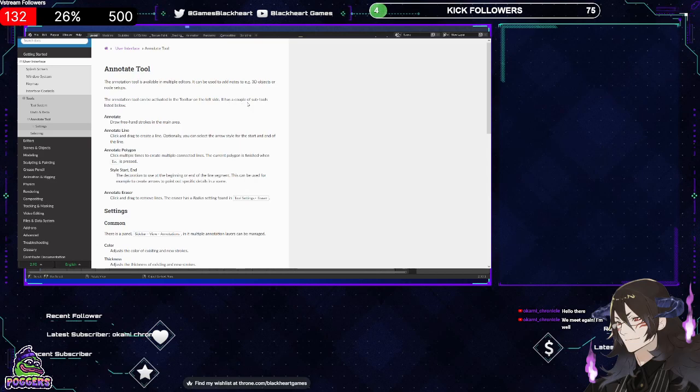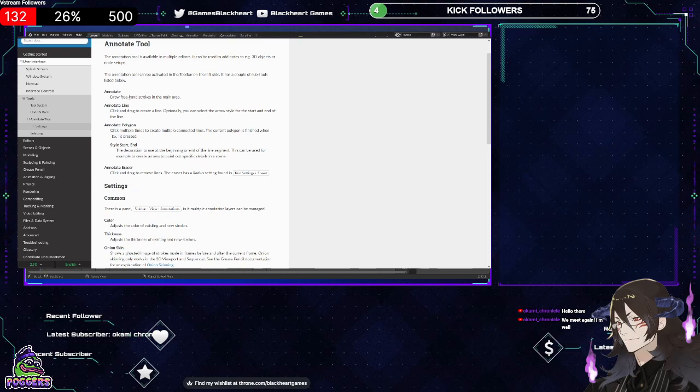It has a couple of subtools listed below. Annotate draws a freehand stroke in the main area. Annotate line, click and drag to create a line. Optionally, you can select the arrow